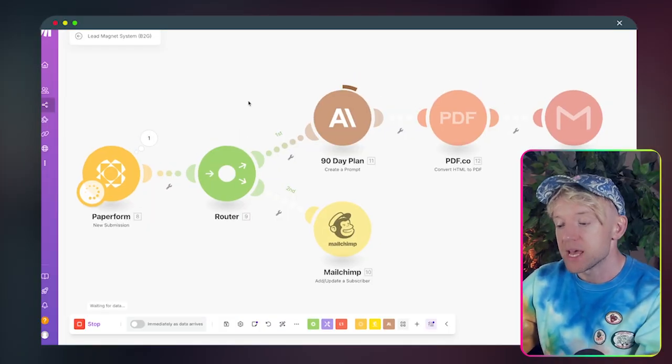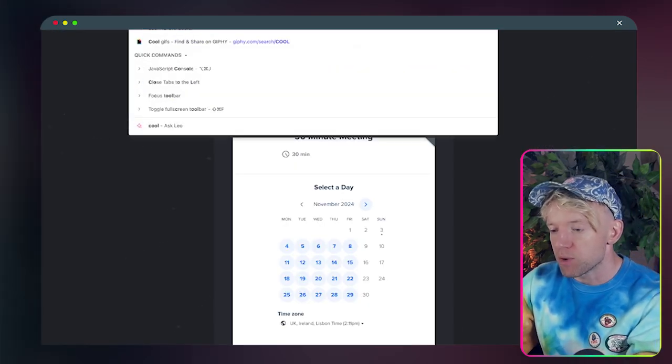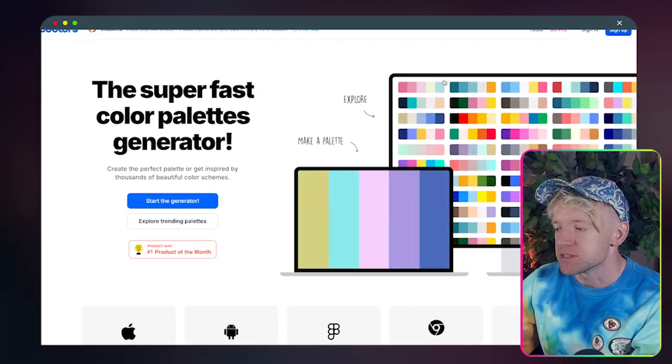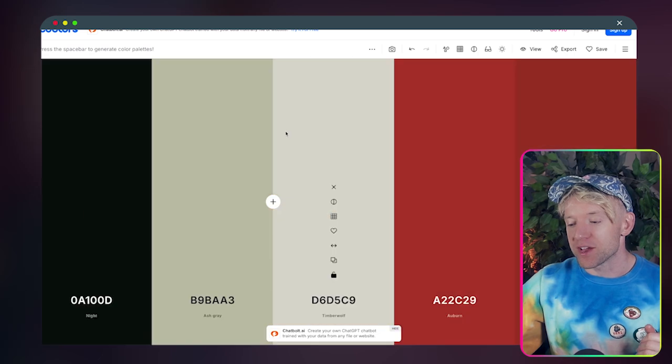I come back now to automation. Immediately, it's sent it down to create a 90-day plan. One little hack I want to give you as well is this website here. It's called coolors.co. I use this to build the color palette of my last business. It's so flipping cool. Basically, every time you hit enter, every one of the colors changes, and you can come